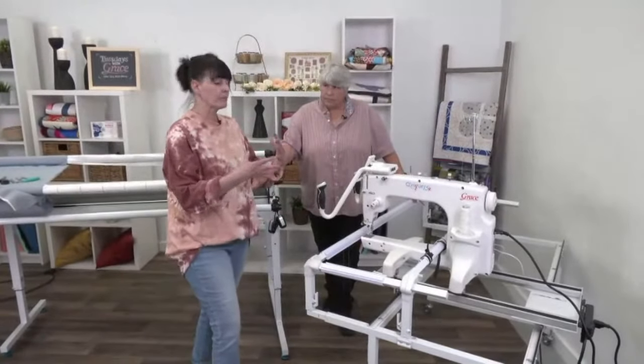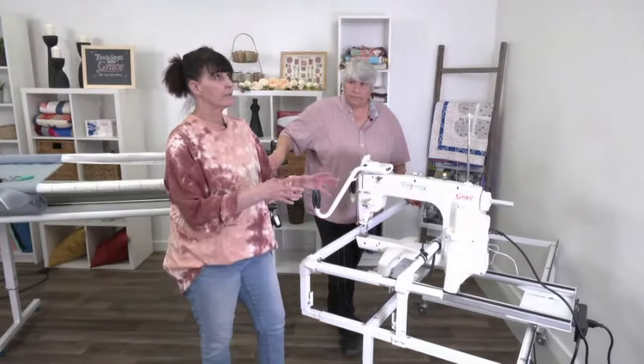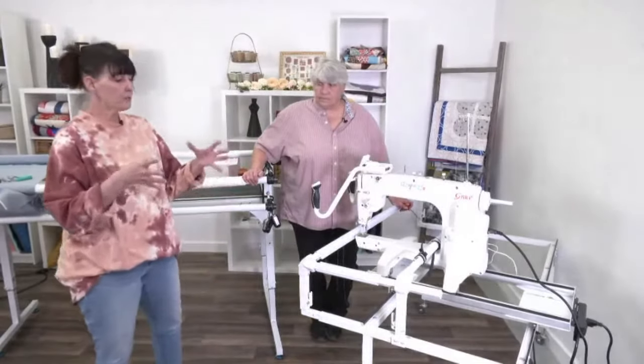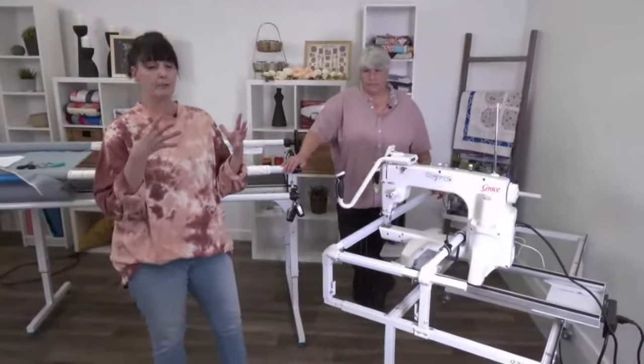Well, it is the top carriage, but to the tracks on the bottom plate. So the tracks, this allows the machine to move side to side. Now, when you pull your machine out of the box, you're setting it on it, but you have to adjust those wheels. It's like going to the chiropractor